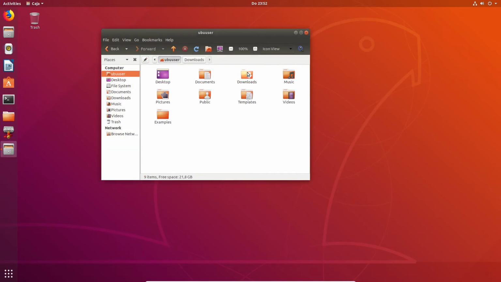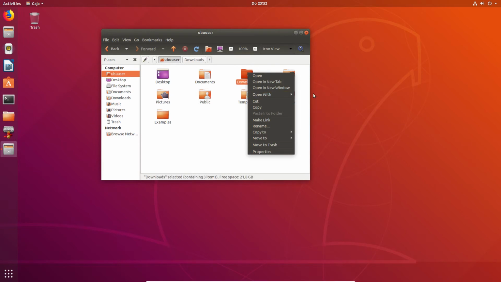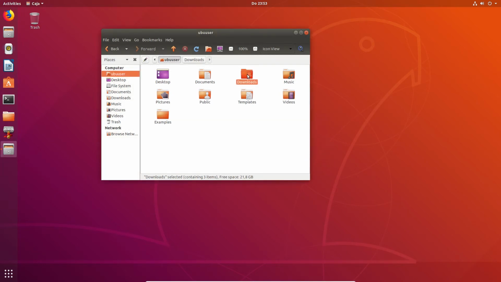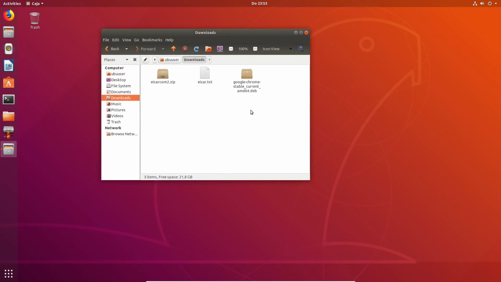Let's try again. Now we have ClamTK here as an option, and it also works. So this is the closest thing to a right-click scan menu. But be a little bit careful. If you're not sure whether you would have any side effects, then either don't do it, because it's just optional. You could still use the ClamTK application, or try it out in a virtual machine first. And the default action to open the directory or by double click still works.